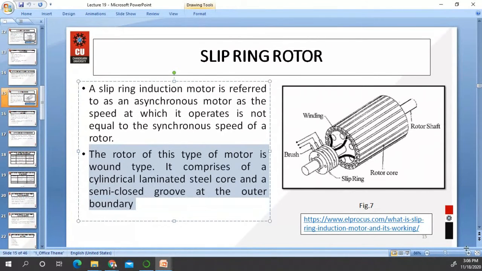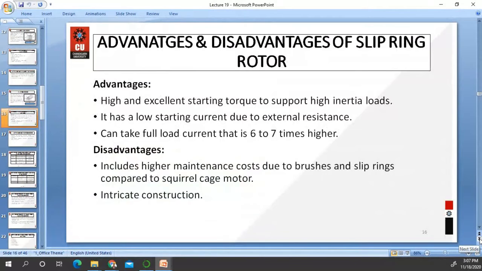Any doubt till now? We have explained all these concepts in the previous session. In the case of single phase and three phase induction motors, both rotor and stator parts are similar, but the main difference is the winding. In single phase we are using one phase, that's why only one winding is required. For a three phase induction motor we require three windings.